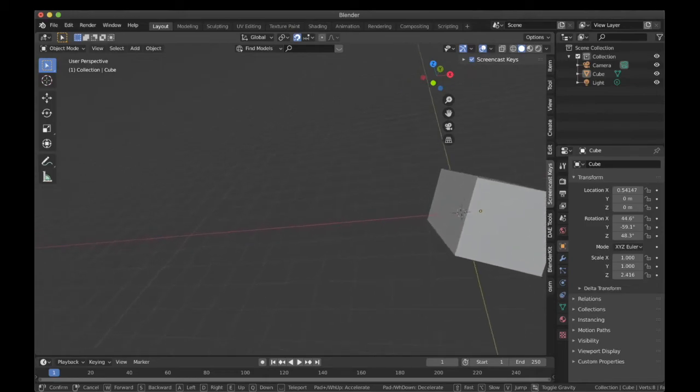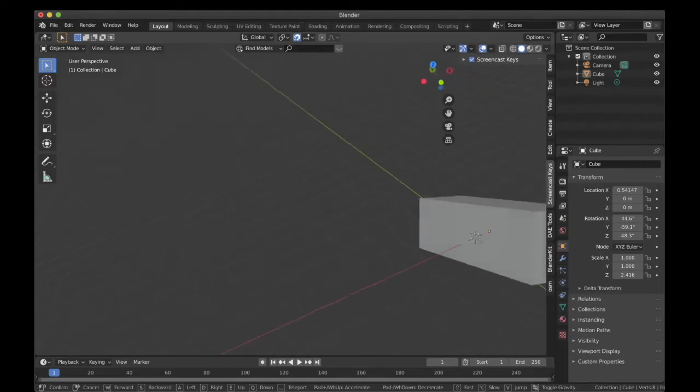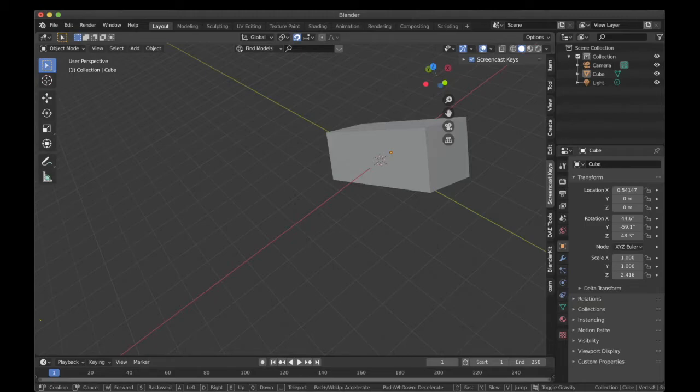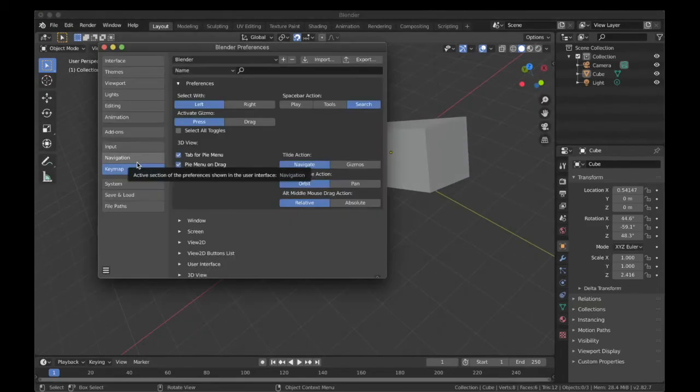Now if I press E, I can go upward, left, and also I'm moving forward. So this is the logic of navigation which is used in games to navigate easily, and it can be used in Blender as well to navigate along heavy scenes. I will switch back to the normal mode of navigation for now by pressing the tilde button again.